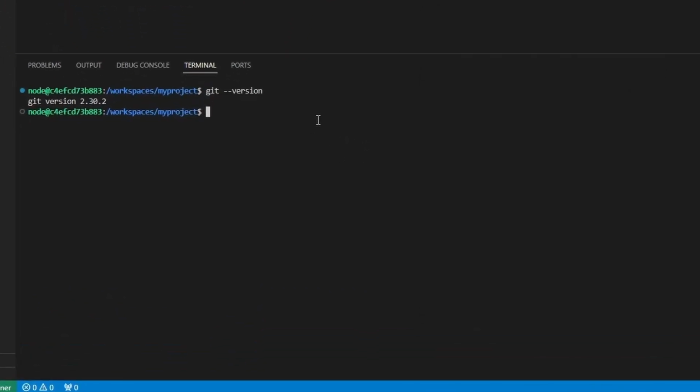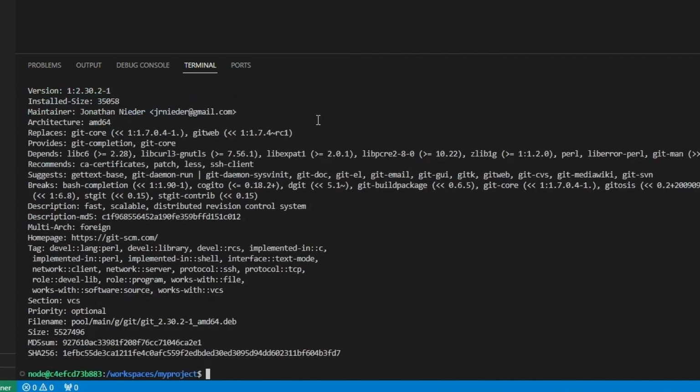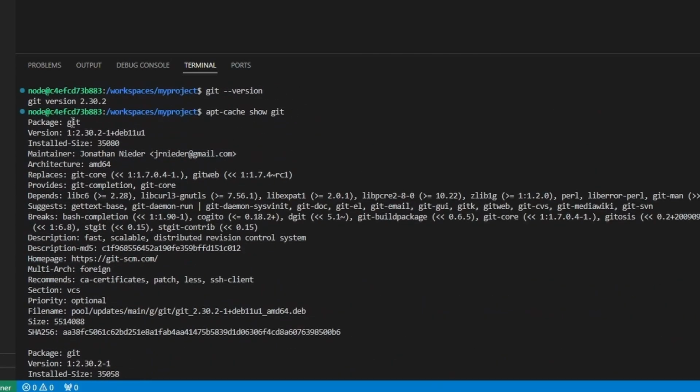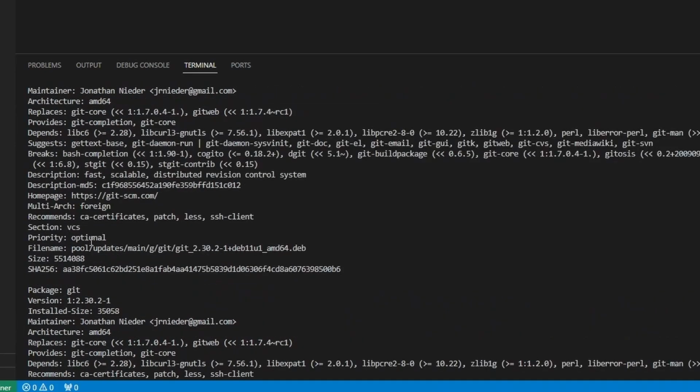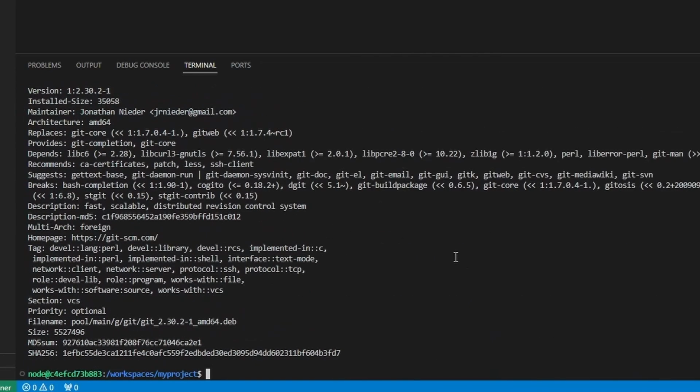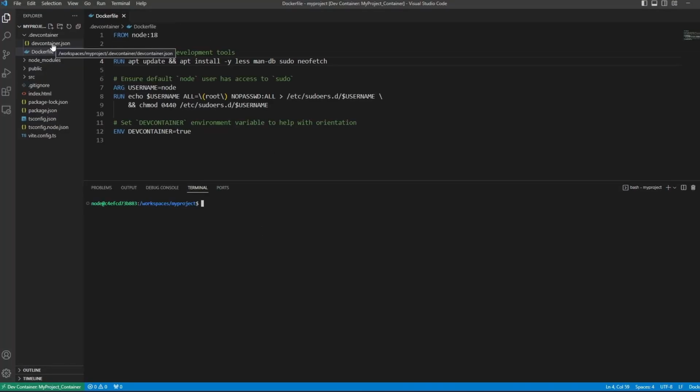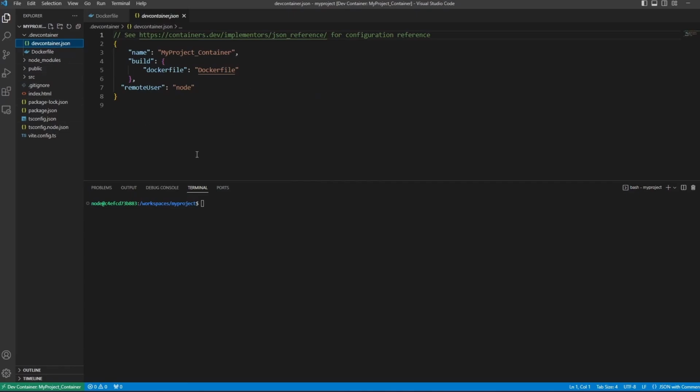Well, we could try and install it from apt like we did, but let's check the version that's available here. And the latest version of Git that's available is 2.30. So even if we update the system, that's not going to work. So we need some way to install Git in the dev environment. Now that is where the devcontainer.json comes in. But before we go into that,